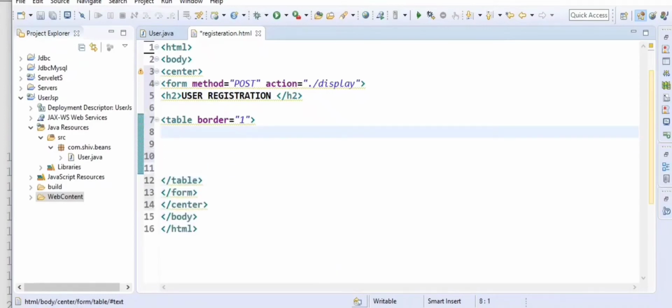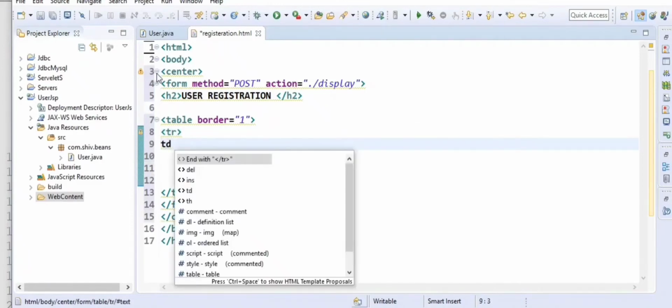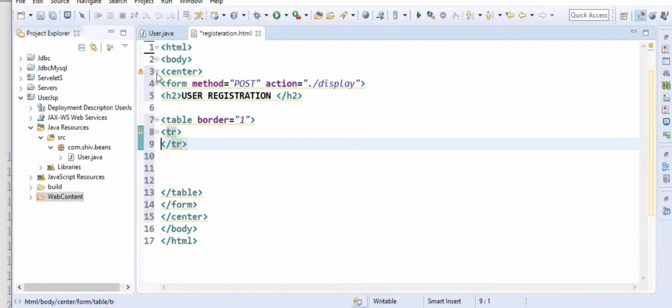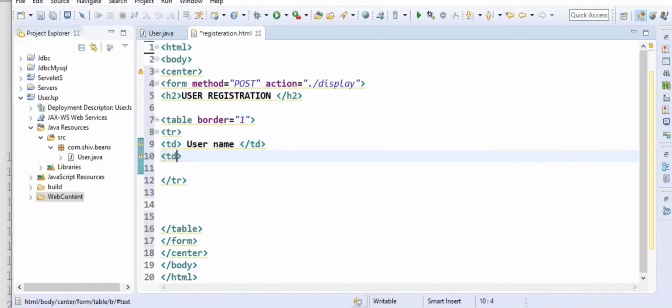Now inside this let's have a table row and table data, td as user name, again td.